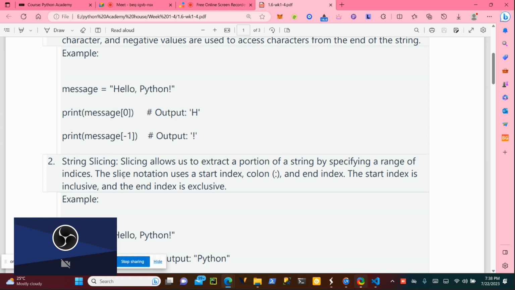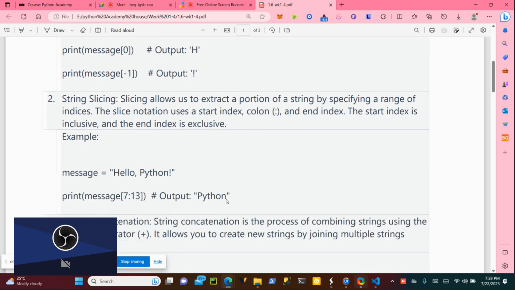The slice notation uses a start index, then the colon, and then an end index. The start index is always inclusive, and the end index is exclusive. That is one thing that you have to take note.